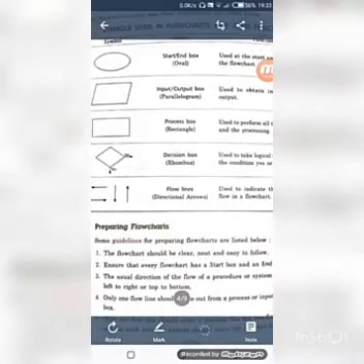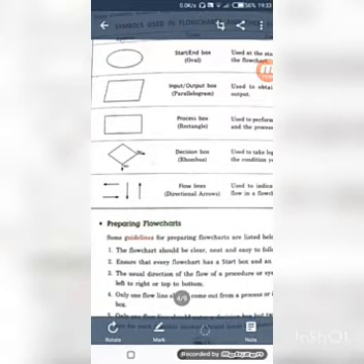We will use a rectangle for the process box. Next one is the decision box. For example, if I say 5 is greater than 2, and the answer is yes, then the decision box is there. A rhombus shape will represent the decision box, and if my answer is no, then also we have to make a rhombus like this.